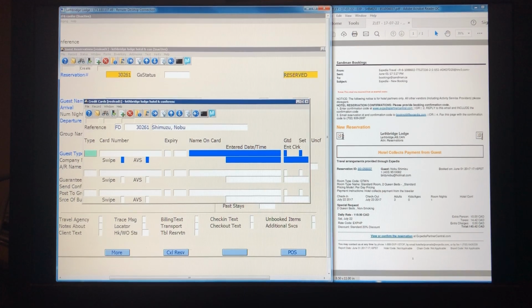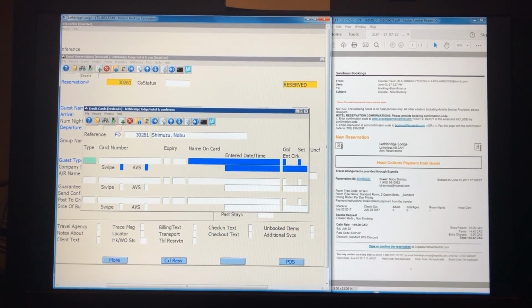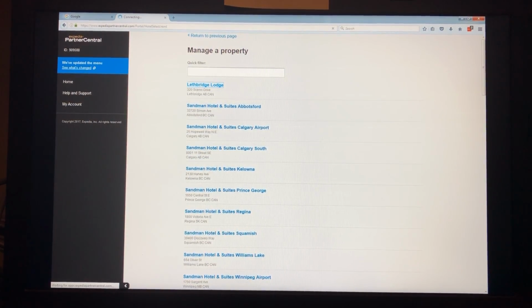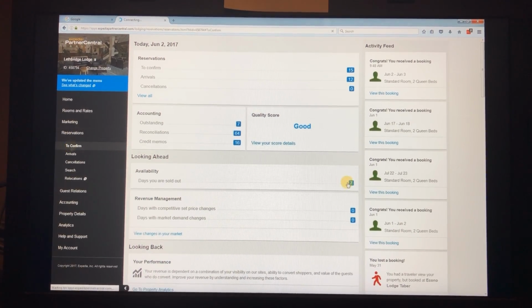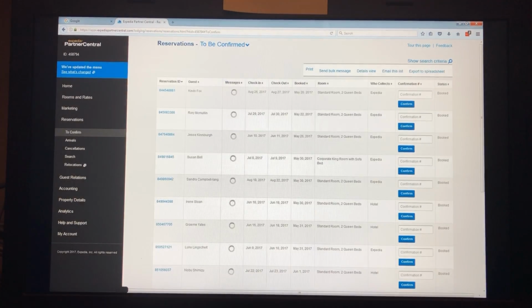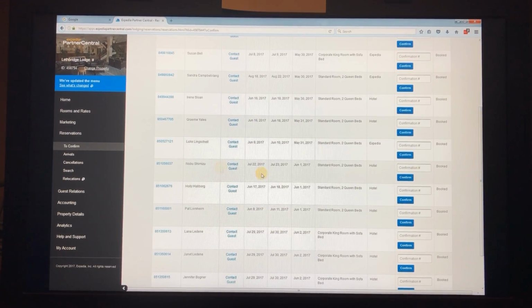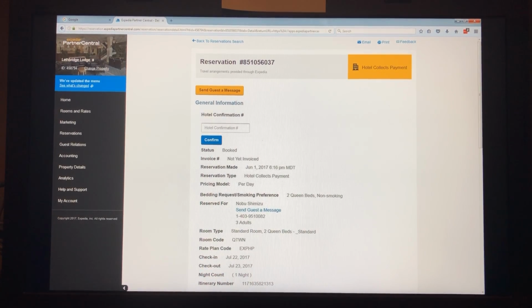As I mentioned before, the credit card will not appear on the backup for Hotel Pay reservations. Therefore, let's search for and open up the reservation in the extranet to find it. Once again, search for your reservation either by using the Search or the To Confirm pages. After you have located your reservation, click on its reference number located on the left-hand side to view the reservation